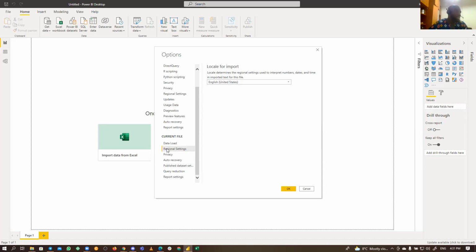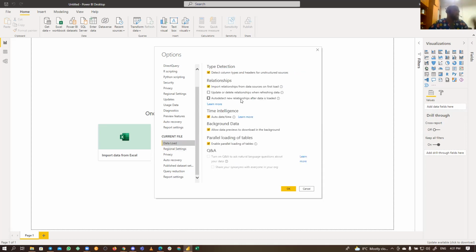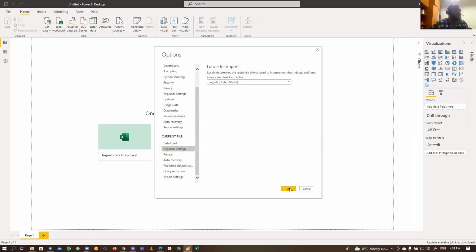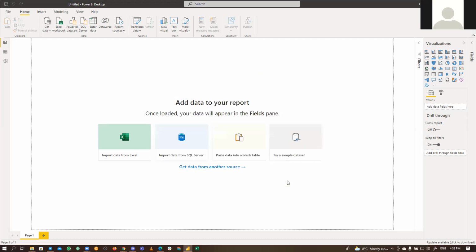Please, anytime you want to work on data, always come for this. As you go on with your work, you might choose not to do it, it depends on you. Of course, when it creates the relationship, you can always delete it and choose the one you want. But those are the three things we want to go with now. And we click on OK. It requires restarting. Yeah. But for regional settings, what do we select? Should we leave it at English, US? Yes, you leave it. I believe most of the data we'll be working with is using that format, so it's not a problem. So that's that.